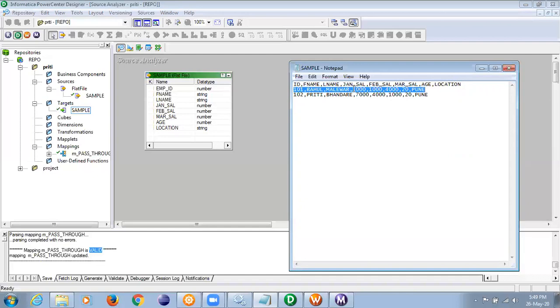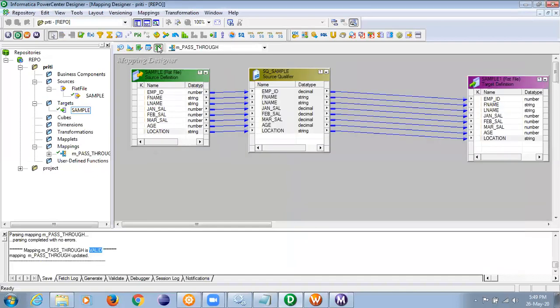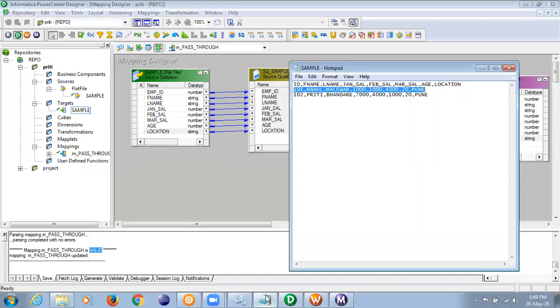So how many times will the ETL cycle run for our file? 2 times. One is for the first record, other for the other record. Correct? Is there any doubt? We have done this thing just for Preeti, so I know Preeti is very clear. You remember this thing, right?